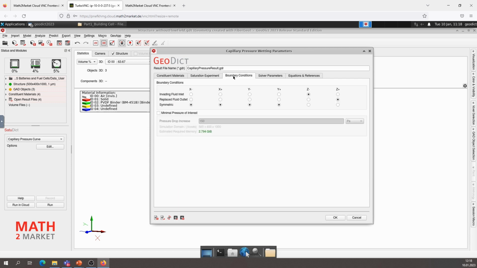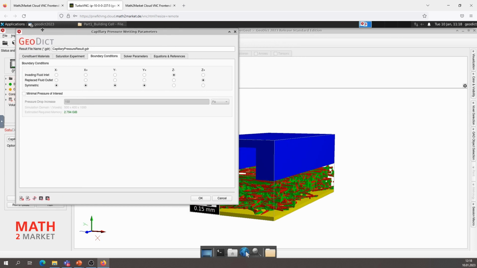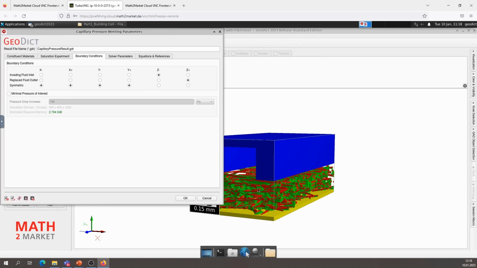At the next point, we are going to look at the boundary condition. Here it's easier to look at the structure. The invading fluid is coming from -z and going to +z. So the invading fluid comes from -z, and not from here.